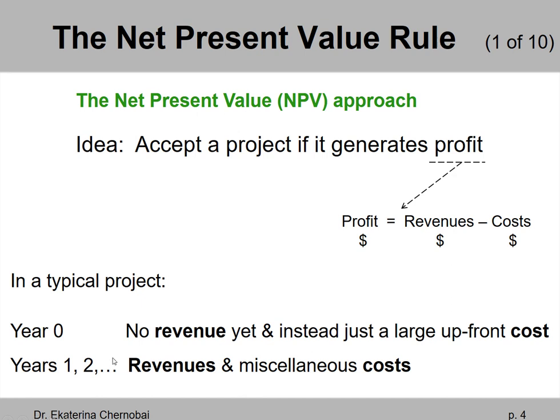But in return, there would be money coming in the future years. So in a typical investment project, in years 1, 2, and so on, there will be revenues coming in. And of course, there will still be some miscellaneous expenses, such as paying taxes on your corporate income, paying wages to your employees, paying utility bills, all sorts of maintenance, right? All of that will still be taking place, but not on the same scale as the upfront cost in the